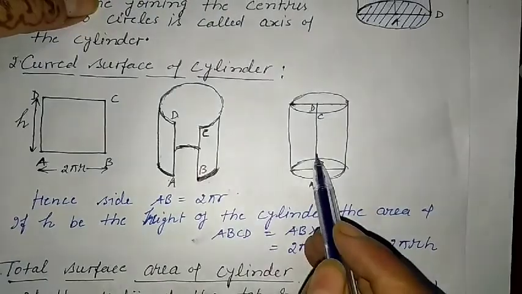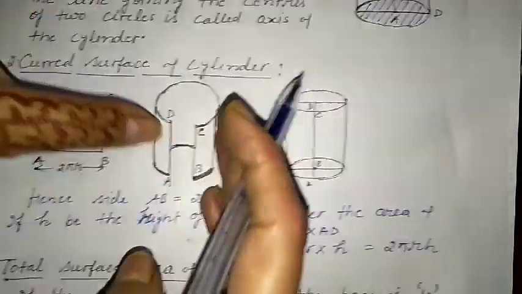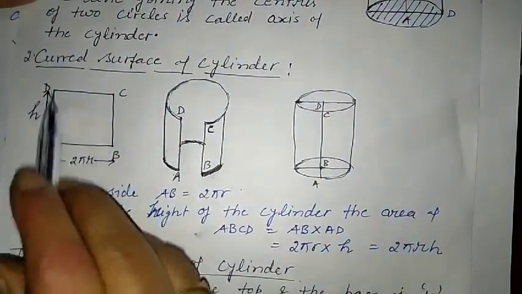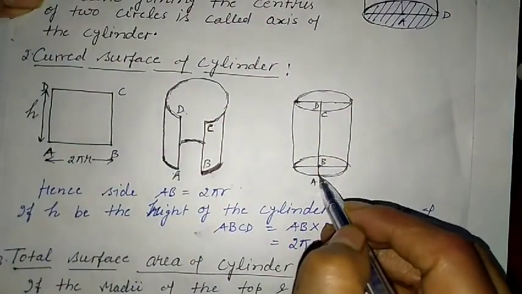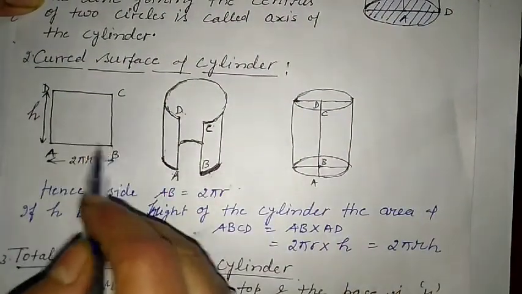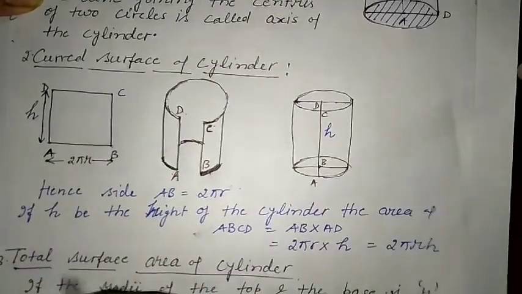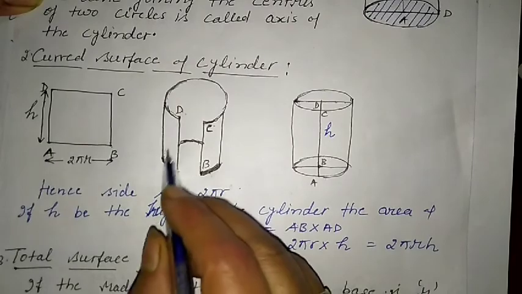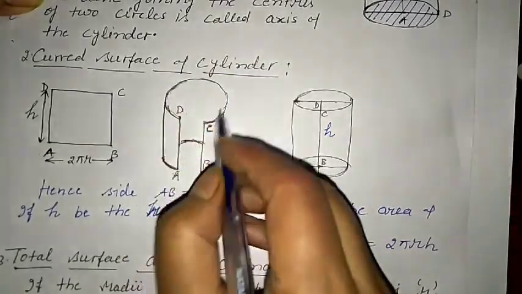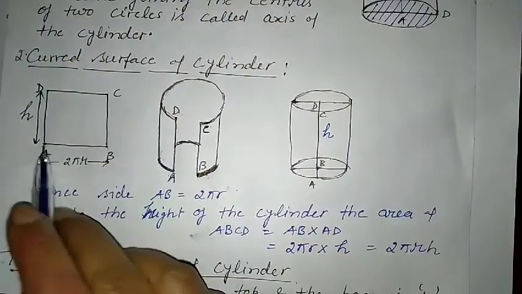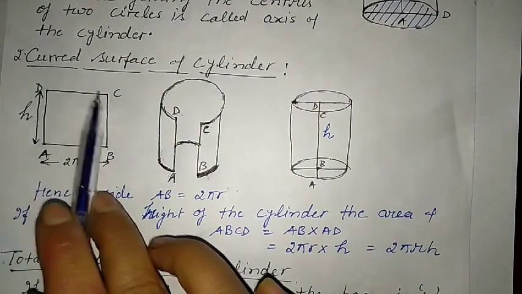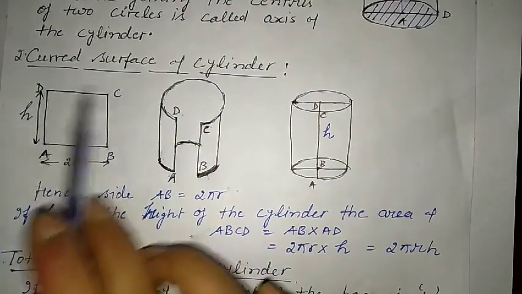And what we did here, in the third figure we have made these two parts coincide. We rotated it like this along AD and BC. So AD and BC merge here. This becomes the height of the cylinder. The side around which you rotated is known as the height of the cylinder. And this is the circular part, the upper part is a circular part. It means AB here becomes the circle like this, and this becomes CD. CD is also in circular shape.